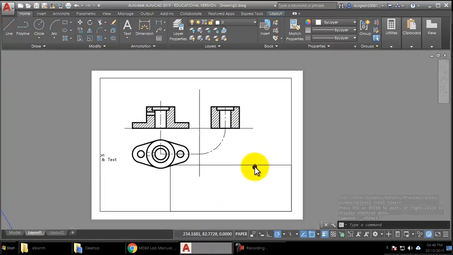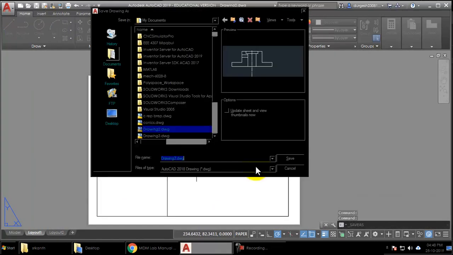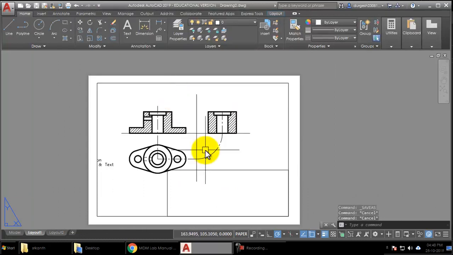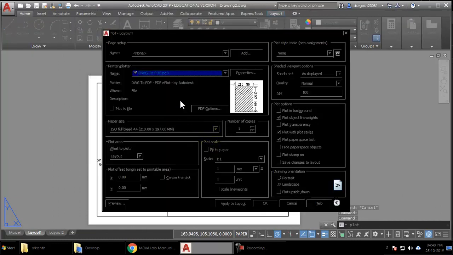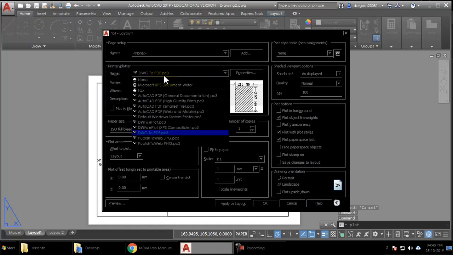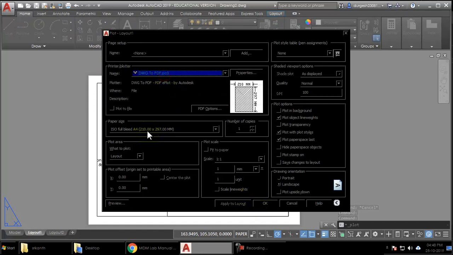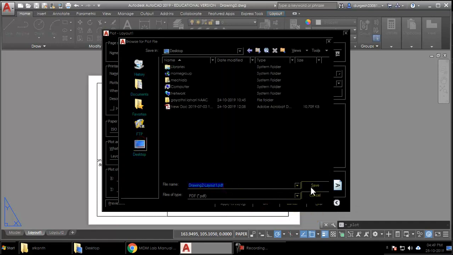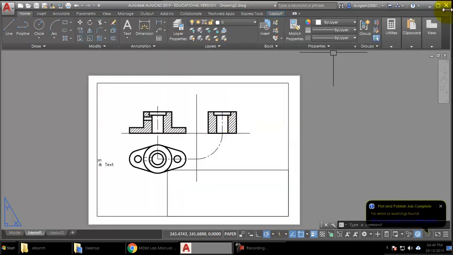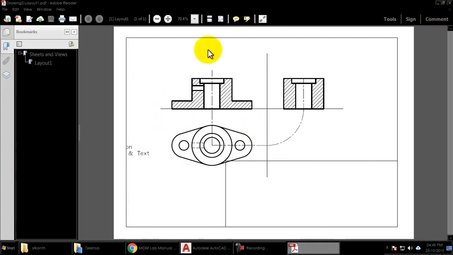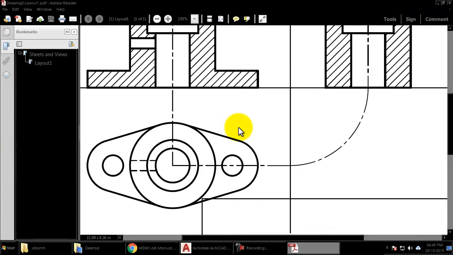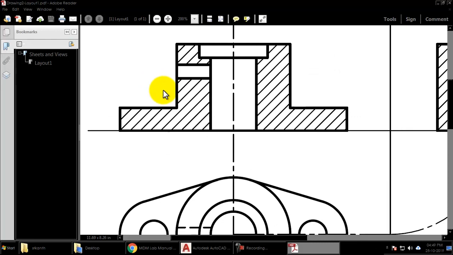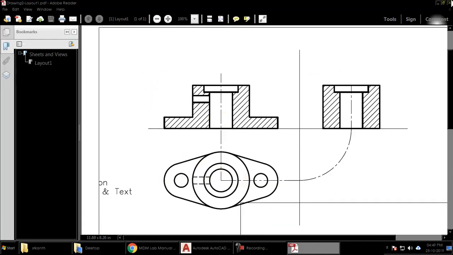Fine. So for printout, as I had told, go for Control P, and in this option here, DWG to PDF will be the option you will be using. You will be printing on A4, click OK, and save it wherever you want. Save it on the desktop so that it is easily accessible. Once you save it, it will open up and show in the PDF format. So this format, you can take wherever there is a printer, take the print of this and stick it in your record.